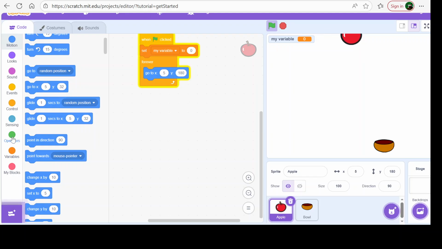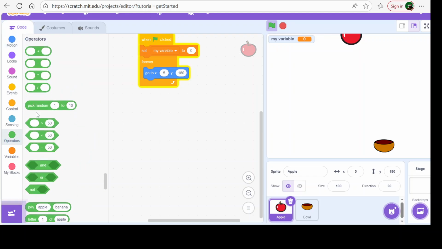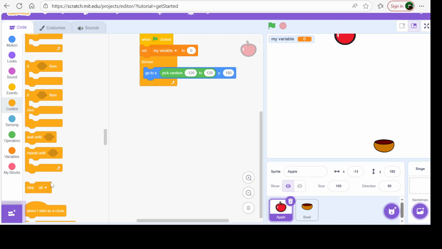So we'll go to operators, and in operators we'll go for pick random. So here in the x placeholder we are going to put this, and here I'm saying that on the x axis it can go from minus 120 to plus 120. That means the x coordinate can continue to change from minus 120 to plus 120, but the y coordinate will remain the same, that is 180. Then we'll go to control, and in control we'll go for repeat until,